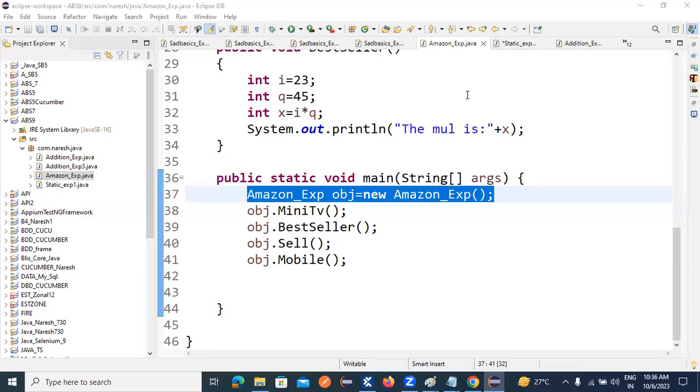When you use the static keyword inside of the method, here we have no need to create the object for the class, but how can we execute it? We need to execute it with the class name, like Amazon dot sell. That's it. Whenever you are using the static,